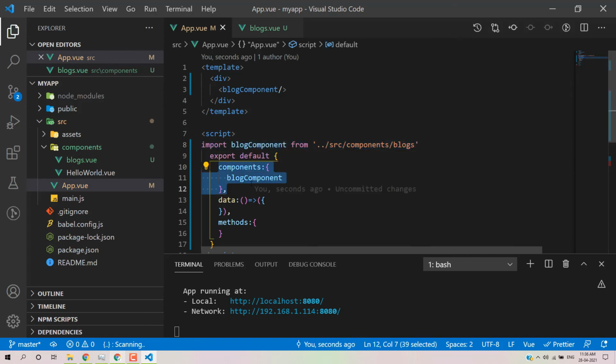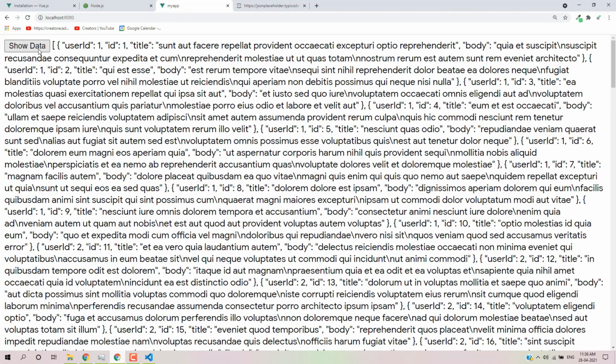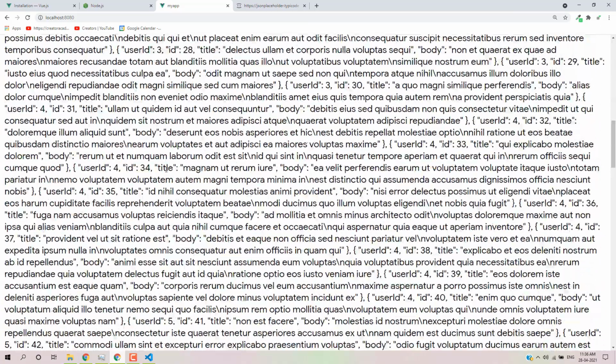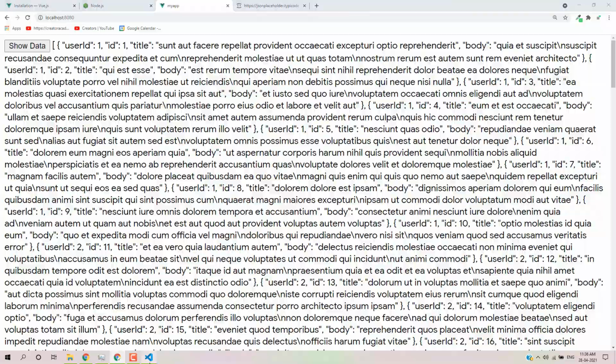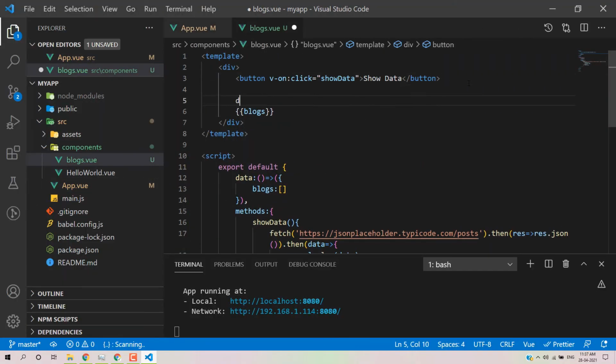So when I click on this button, we'll wait for a few seconds, and then you can get the data. Okay, so this is how we can get the data, and we can print the data. So I'll write the logic for printing the data. I'll create a div section, and inside the div we will apply a for loop.